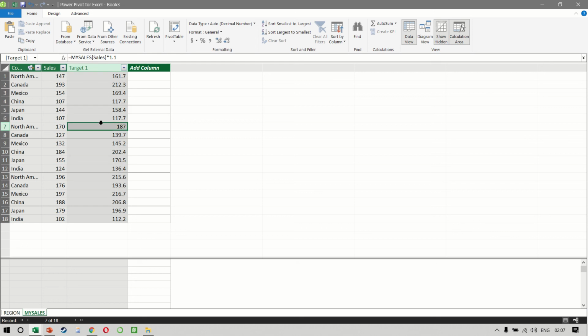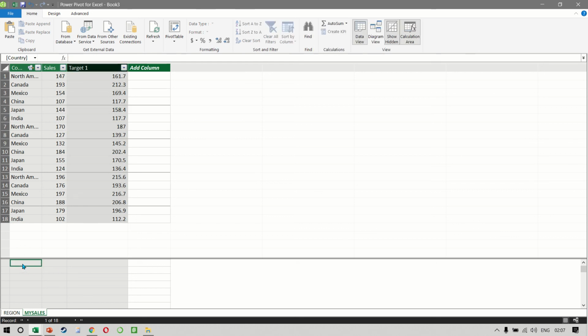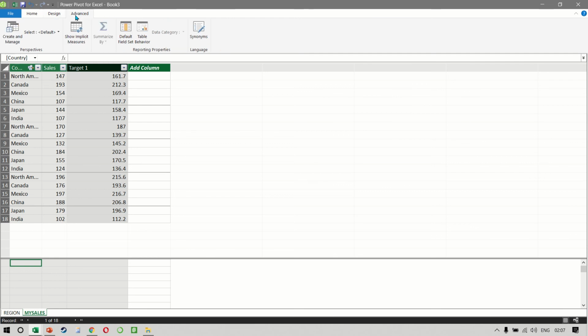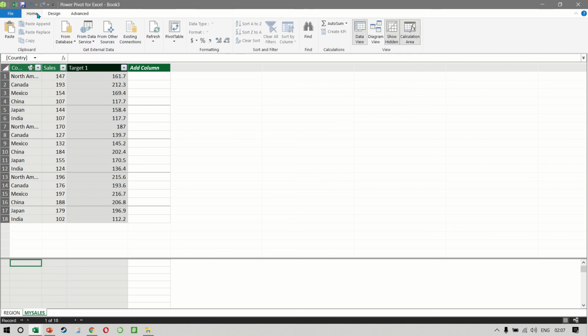Okay, the other way of doing this would be to click on this calculation window at the bottom, and we want to create a measure now, right? So we click on this cell and we can say in the formula bar target 2 colon equal to, right?